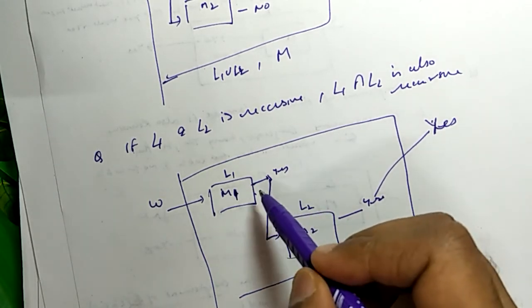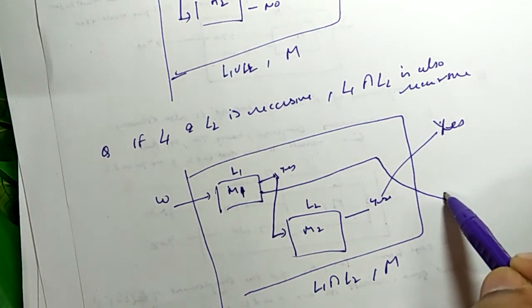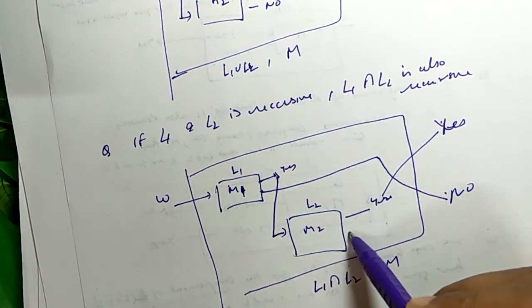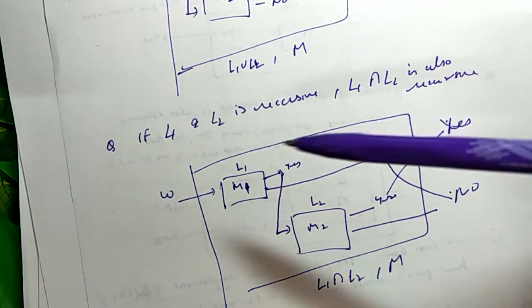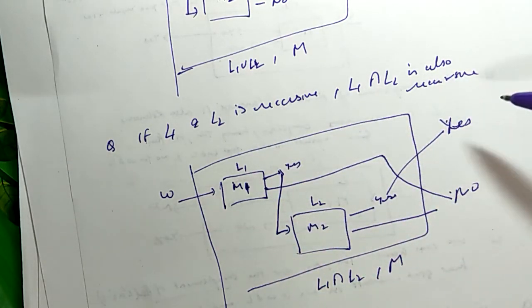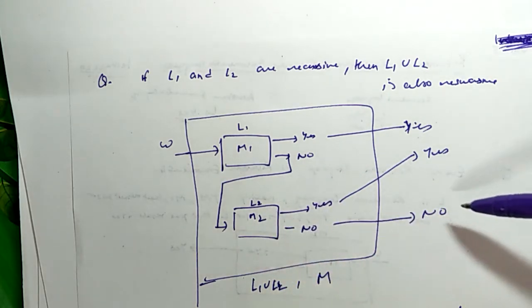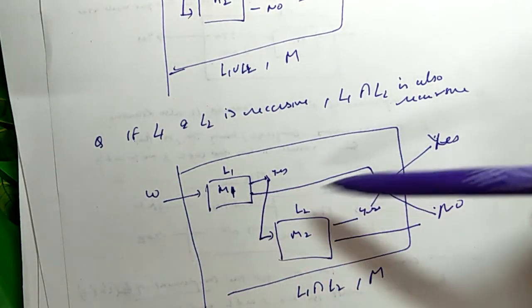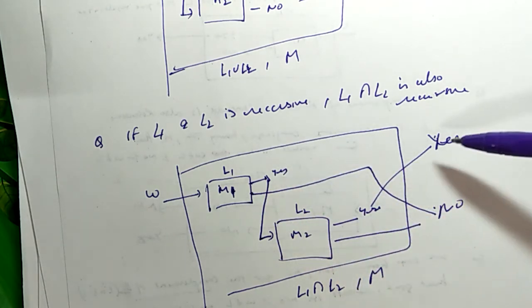If it is rejected by the first, it means it is rejected. If it is accepted by the first and rejected by the second, it means it is rejected. So in any case, it should be accepted by both. In case of union, it should be rejected by both Turing machines to be rejected; either it will be accepted by the first or the second. In the intersection case, it is rejected if it is rejected by either the first or the second. It should be accepted by both.